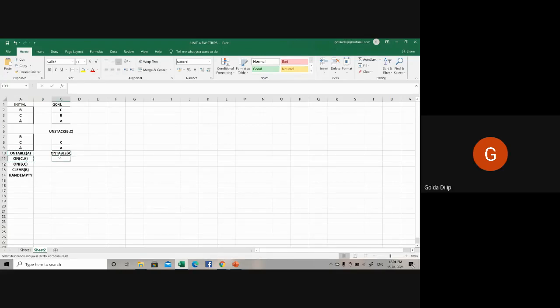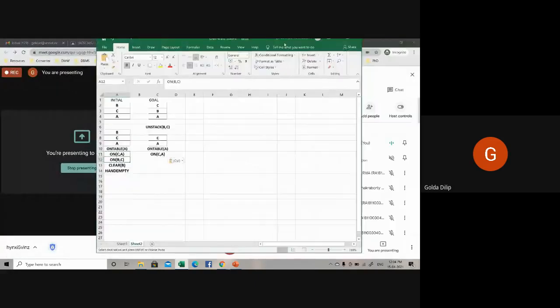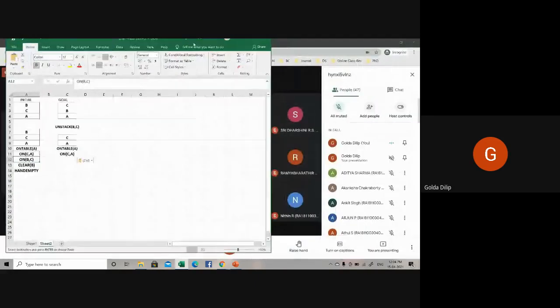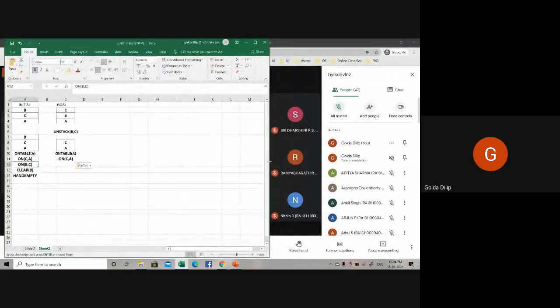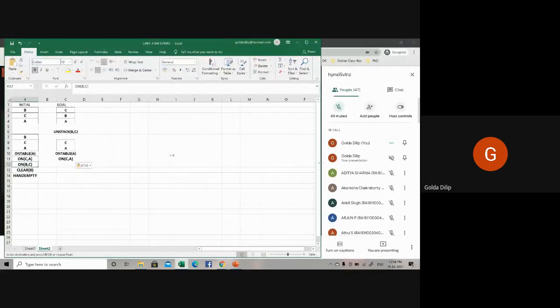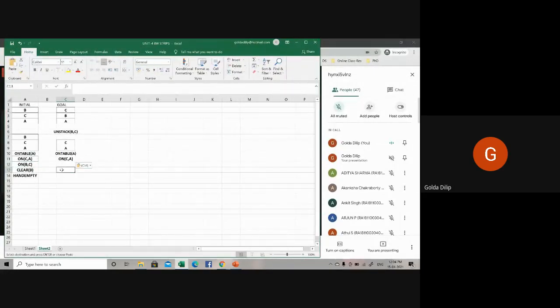It still holds good. Then what about on(B, C)? Can someone respond, please? Will this still hold good? Is B on top of C? No, right? So this goes to the delete list.